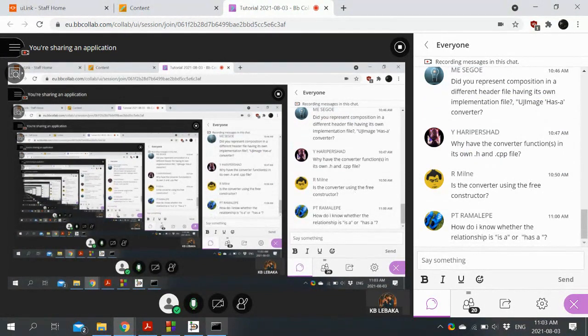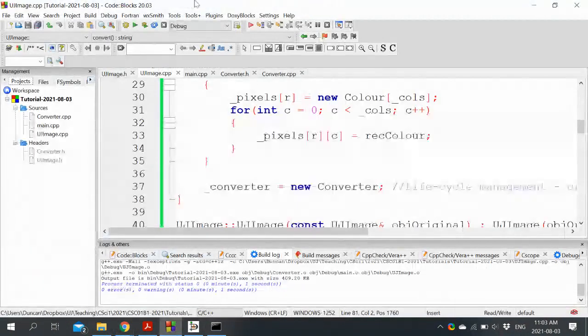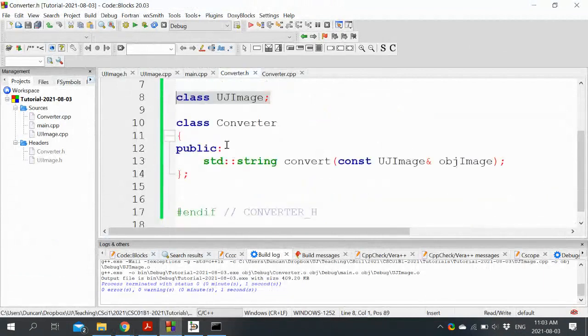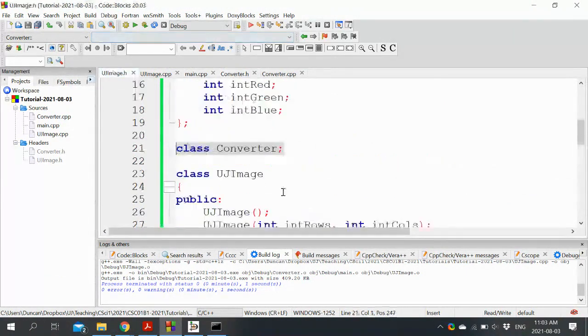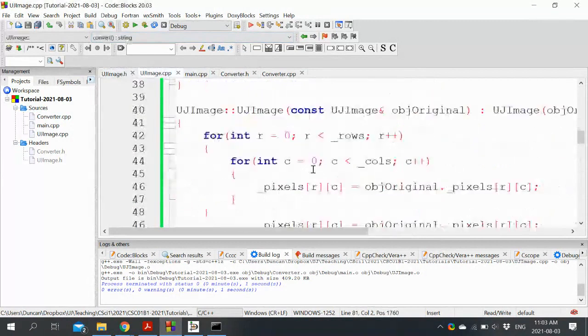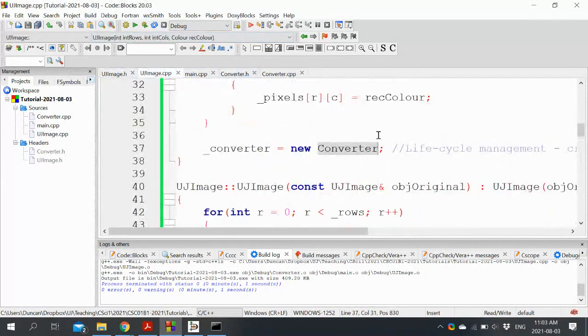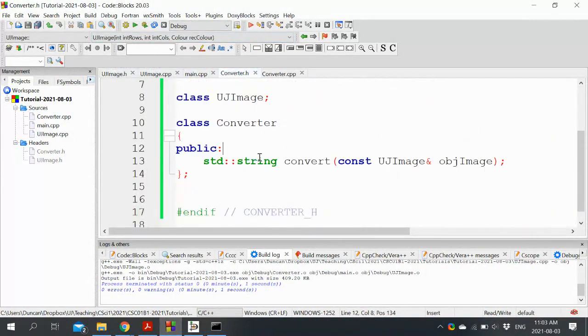Is the converter using the free constructor? Yeah, in this case it is the free constructor. That's not a bad term for it. Nice observation. This converter doesn't have a constructor, so it automatically gets one for free. This is a good example, and we rely on that fact over here because we create a UJ image converter like so, and it must work because there is a constructor for it.